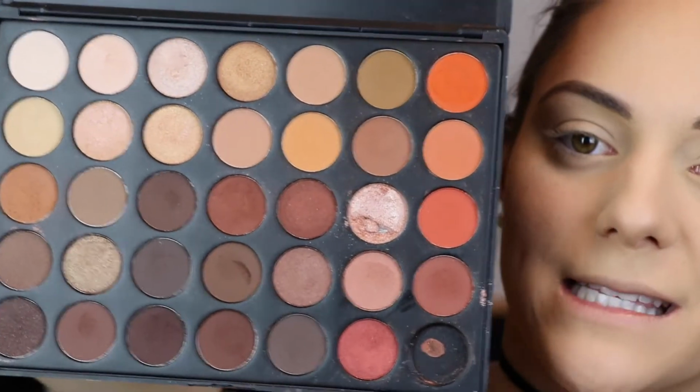Grunge makeup is all about these smoky, dark toned eyeshadows. Oh, I'm so excited. So I'm going to create a smoky eye for you guys today. So I'm going to go in with the Morphe 350 palette for you guys today. And I'm going to start with...